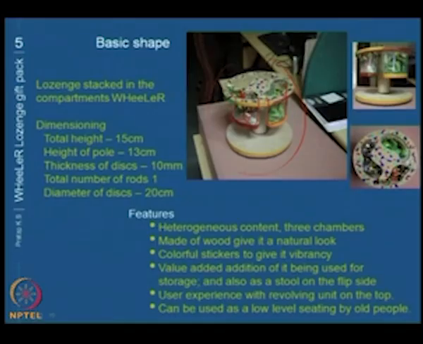Dimensioning is that the total height is 15 centimeter, one person can sit as a squatting stool. Height of pole is 13 centimeter, this main pole. Thickness of disc 10 millimeter. Total number of rod is here, one is the main center rod and then other 3 packets. The diameter of disc is around 20 centimeter. So, features were that heterogeneous content, 3 chambers